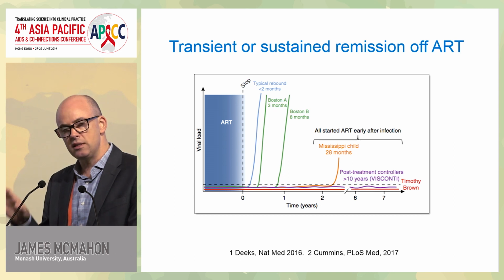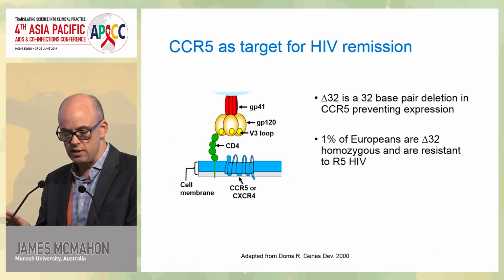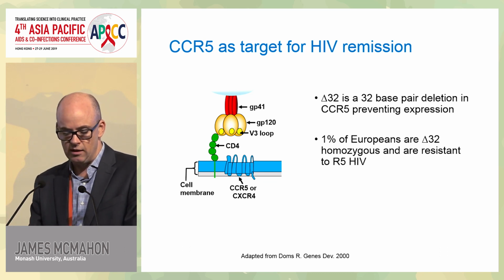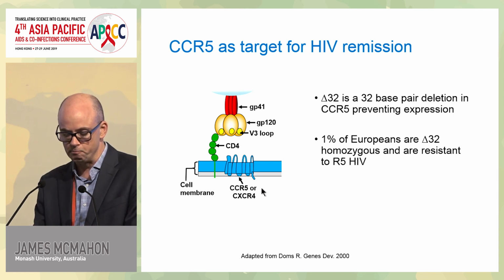So why these cure cases or these remission cases, it really does come down to understanding about CCR5. So you can see in the figure here, the idea is that this is the CD4 T cell on the bottom part of the figure, and the top is the virus, and this is the envelope spike coming out of the HIV virus. And this envelope trimer is the first part of contact with the CD4 T cell, and you can see that it has to contact CD4, and then it has to also contact this other receptor, CCR5, or less commonly CXCR4.